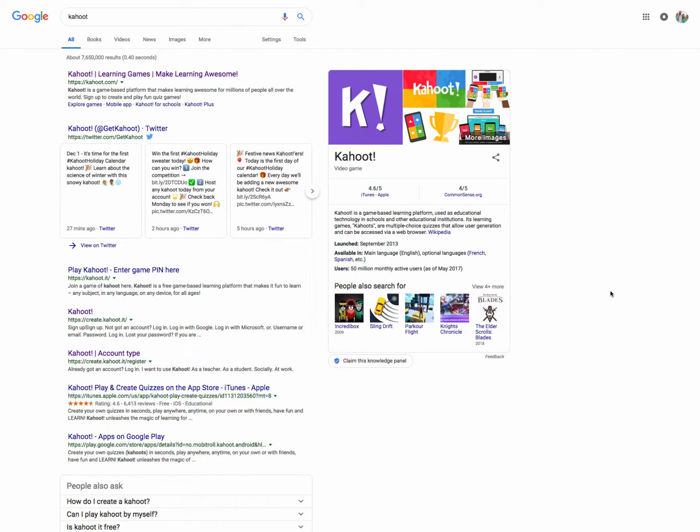One of my favorites, and that's Kahoot. Kahoot is a great way to test kids on what they know. It's done in a kind of trivia format, so it's a fun, interactive way to review and check for understanding. And I gave this to one of my friends who's a professor over at Colorado State University, and she